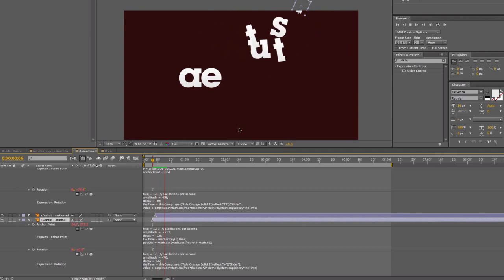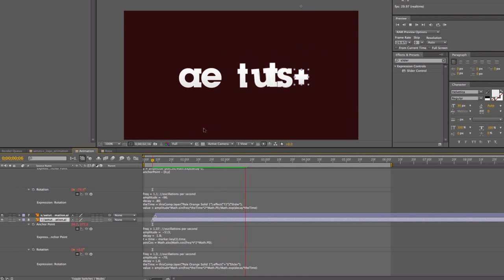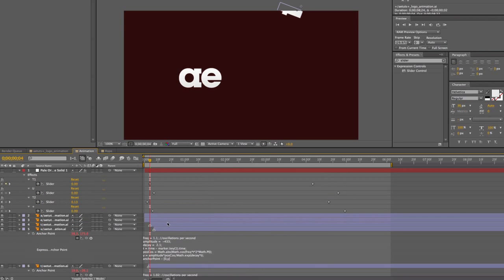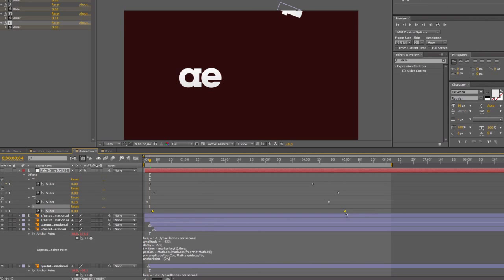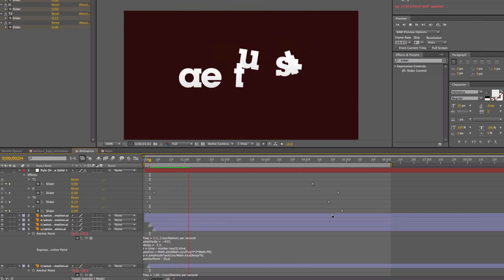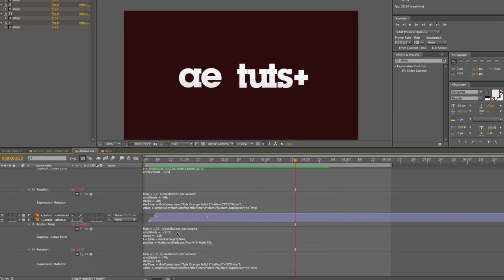So there's the plus dropping in now. It's almost right in sync with where the S is. So an easy way to do that is just change where it's starting. You got to change where the plus is starting up here on your slider control. And there you go. Now it looks like they're bouncing just off, which is okay, but you might want